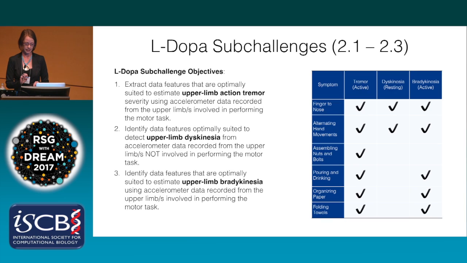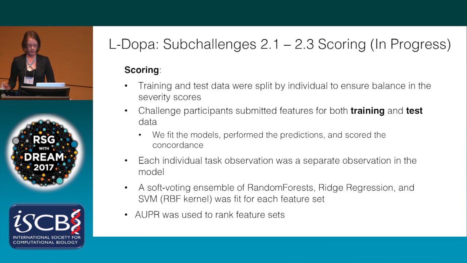single hand tests like finger to nose or alternating hand movements, but we used the hand that was not actually performing the task. The third was to estimate upper limb bradykinesia in the active limb. And you could see a set of example tasks that were used. So very similar to the mPower data,